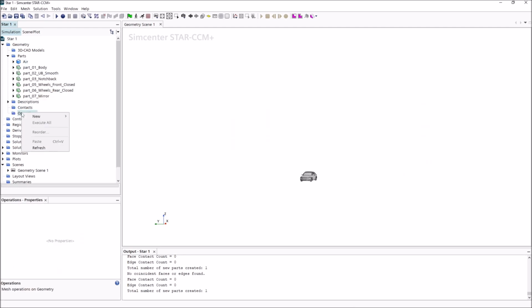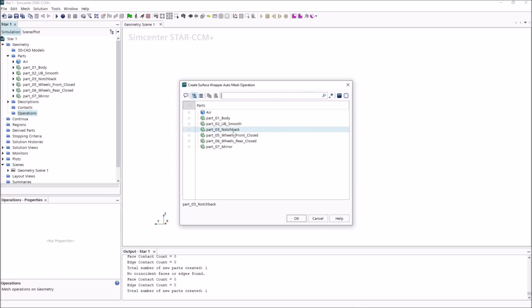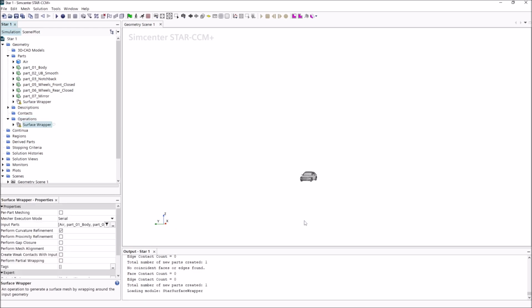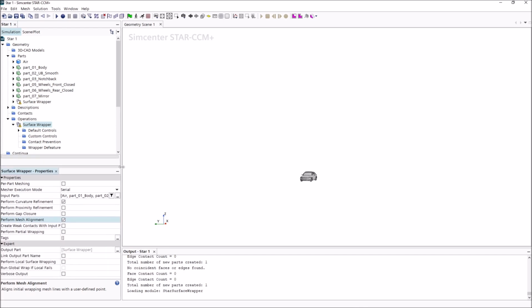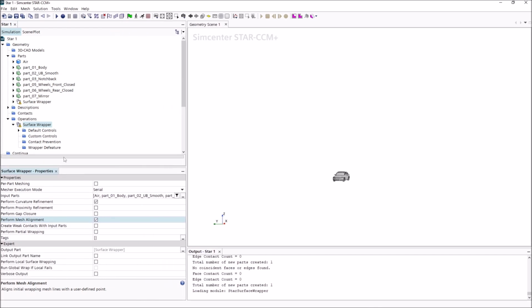Then we're going to come down to Operations, select New, Surface Wrapper, select all of these parts. And then we're going to input our settings in here. We're going to do Perform Mesh Alignment. Let's make this bigger so it's nice and easy to see. For mesh alignment,